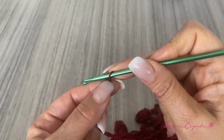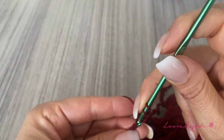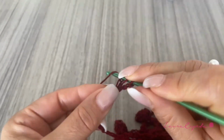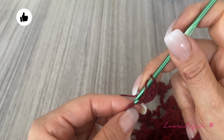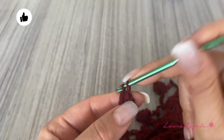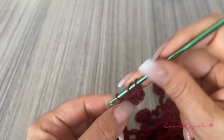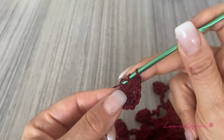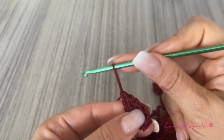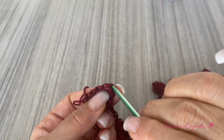We are going to make from the 10 3 chains more. We will go up, we are going to come back where we finished, and right here we are going to make 6 double crochets inside. 4, 5, and 6. Okay, we are going to take our hook, we are going to insert in the first stitch